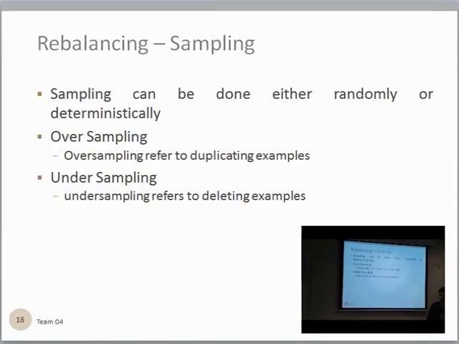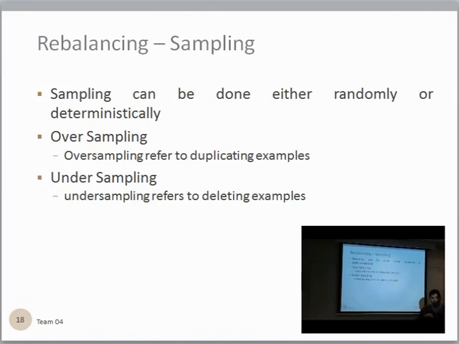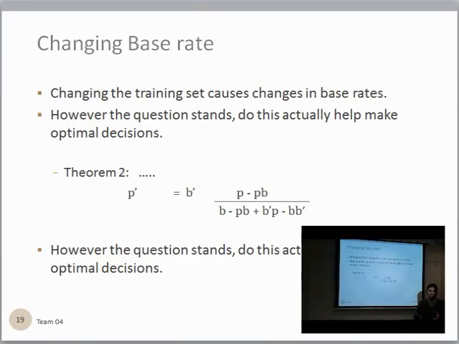Sampling can be done randomly or deterministically, and the two methods are oversampling, which is duplicating examples in the training set, and undersampling, which is done by deleting examples. What both of these actually do is change the training set and the data, and there are changes to the population and hence the base rate. Okay? So now, using these new base rates, the authors then investigate whether changing the training set causes changes